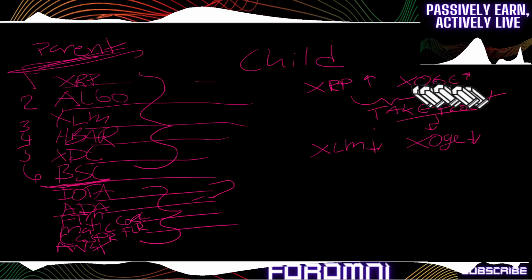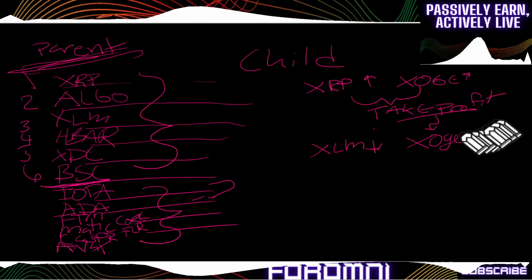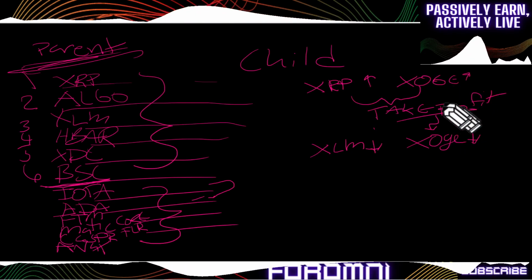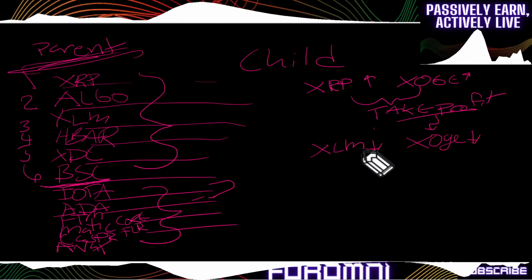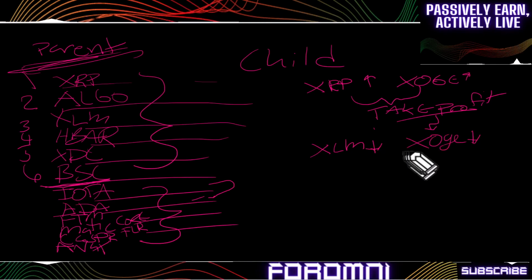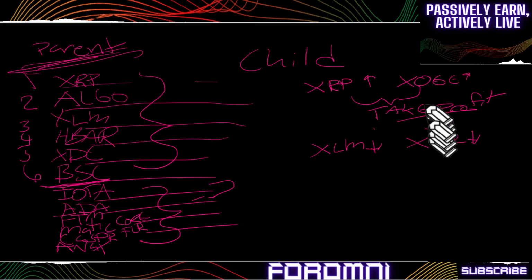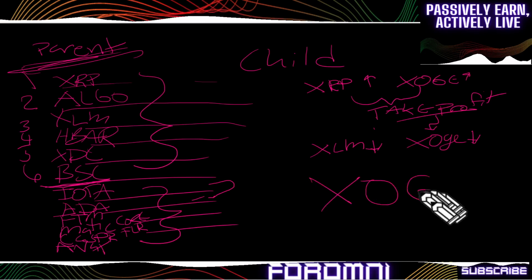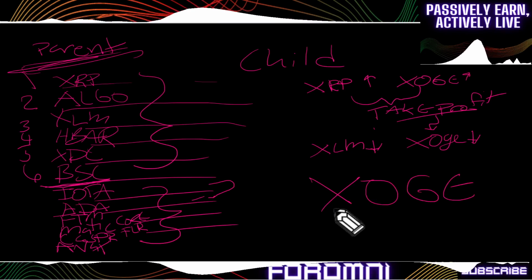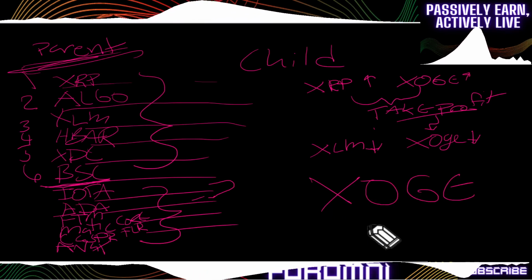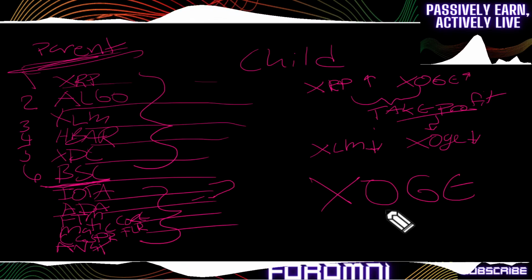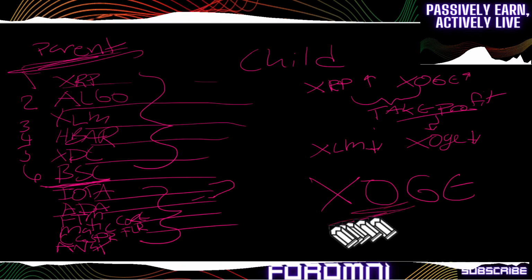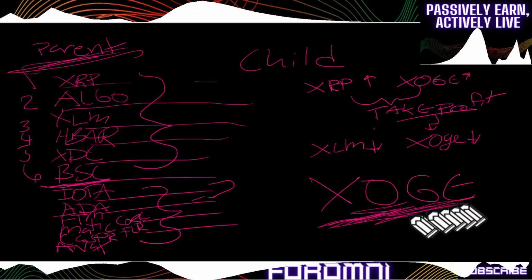Because if this is up and you take profit, as this works its way down, then you are protecting your profit by moving it into XLM when it's down and Xoge when it's down. Then when those turn around and come up, you're just leveraging your profit, essentially. And that is multi-chain arbitrage. And by having the opportunity to invest in Xoge, you save so much time in trying to figure out which projects to invest in safely that will give you a return on your investment.